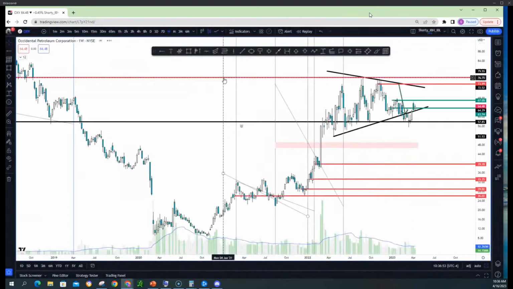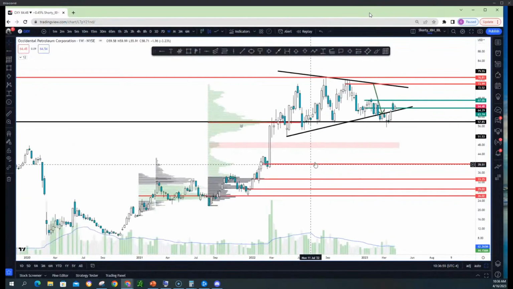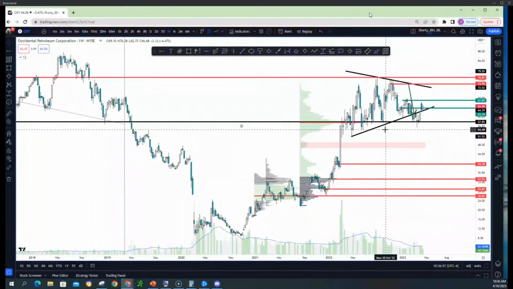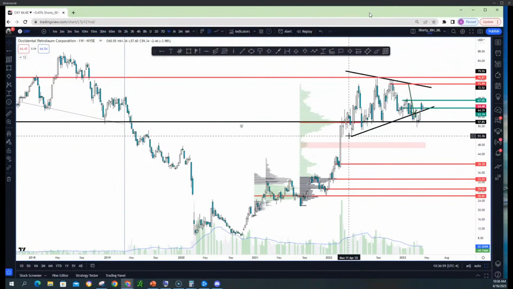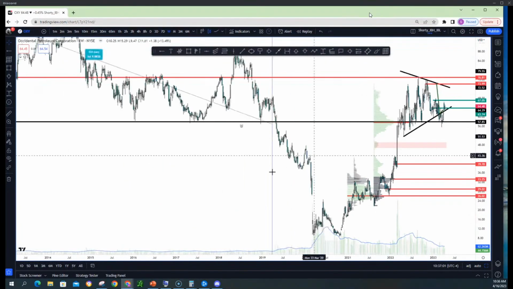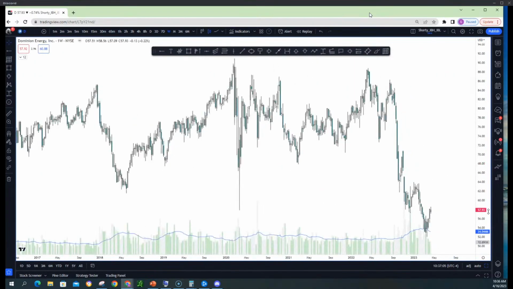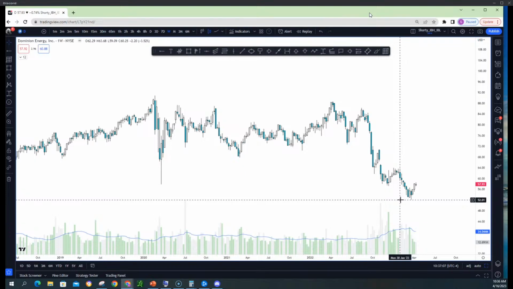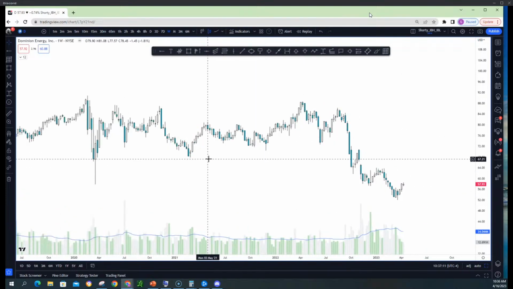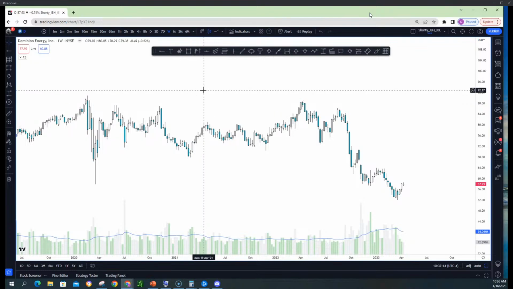This one, Oxy, did we wait for this one here? Remember, somewhere around here we bought it. I don't know what the exact entry was a long time back, but we got Oxy at a good price. Didn't some of you buy here on this one? You wait and you get a deal, but the goal of them is to manipulate you to put greed in you when we're at the top and fear in you when we're at the bottom.